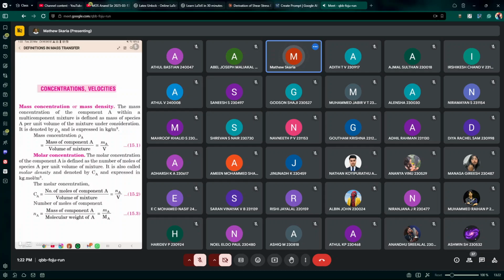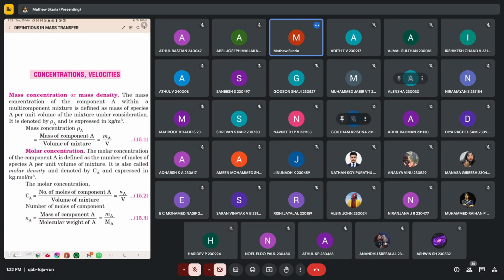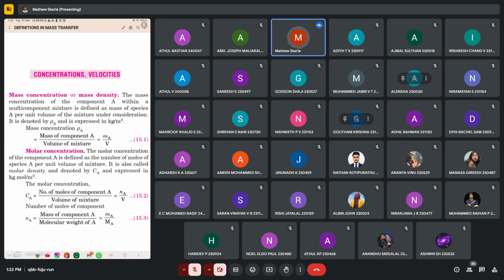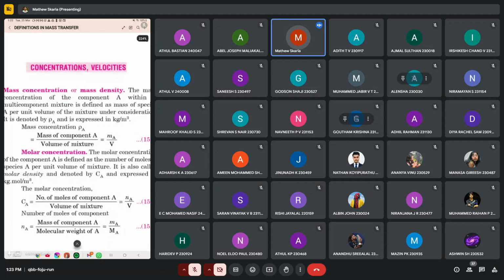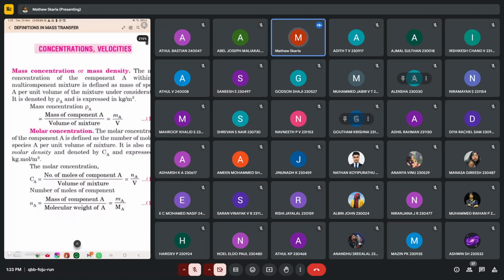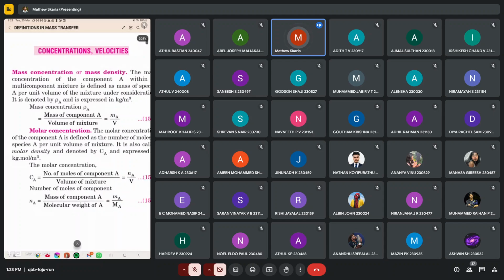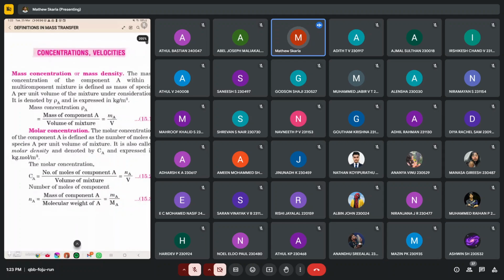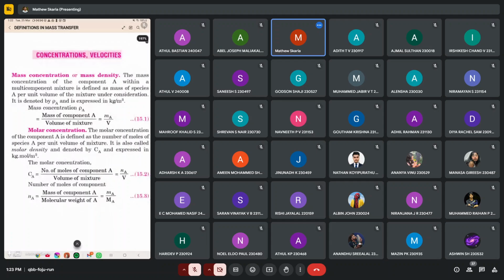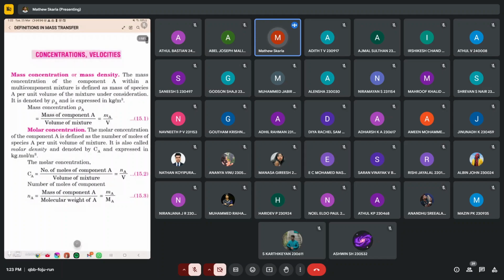And also we'll try to solve one problem using these equations. I think the screen is visible to you. So mainly we are discussing the mass concentrations or molar concentrations and their velocities. See, one of the definitions for a parameter, that is the mass concentration, is defined as,